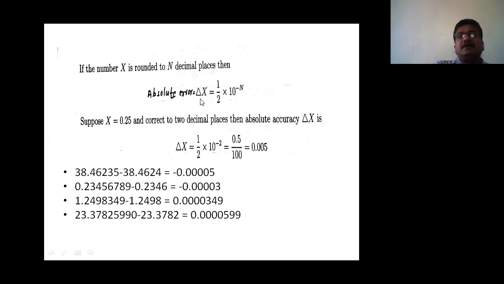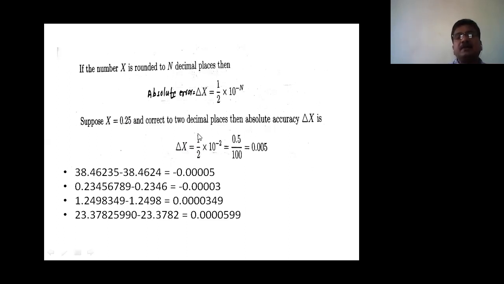Error. We can say it is error. Absolute error means we just say error. What is the error? Actually, this is not the actual error, but it is the upper limit of error. So the highest error, if the number is rounded to n decimal places, is 1/2 10 raised to minus n. How does this formula work? See this example, that this number 0.25 is correct up to 2 decimal places, rounded to 2 decimal places, and then